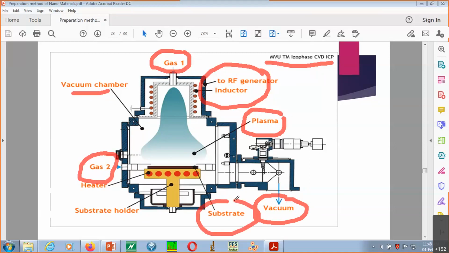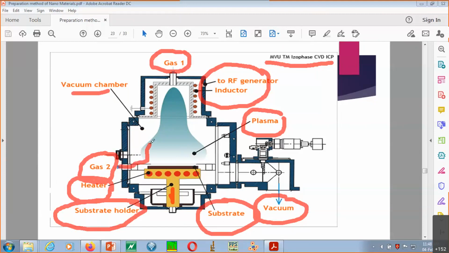Here is the substrate. You see, substrate is the material on which you are depositing your film. And here you see this part is the substrate holder, fine. And the substrate holder also has a heater. Okay, the heater is connected to the substrate holder, and on top of that you are keeping the substrate. So now let's understand what happens. Okay, so first let me go through the process and then we'll come back to this part, but I hope it is very clear.